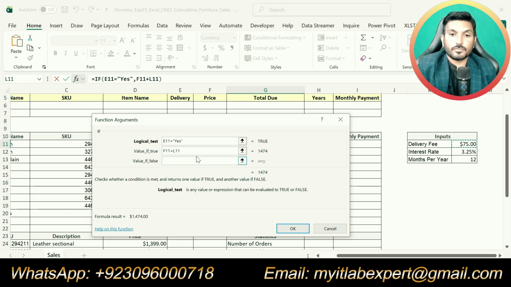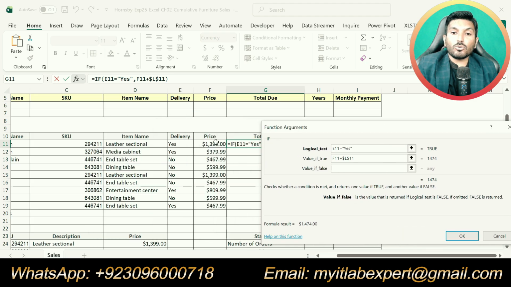Okay, otherwise it will be equal to the price.